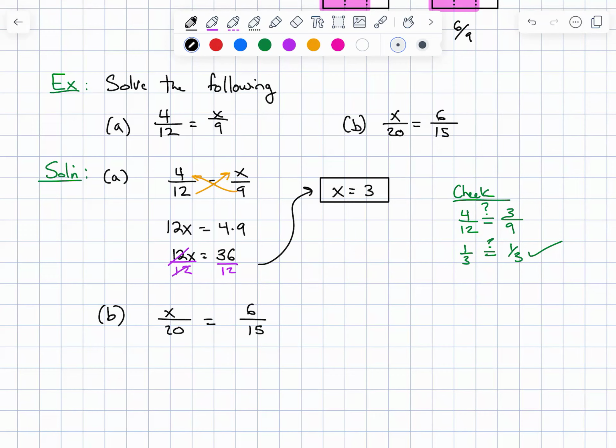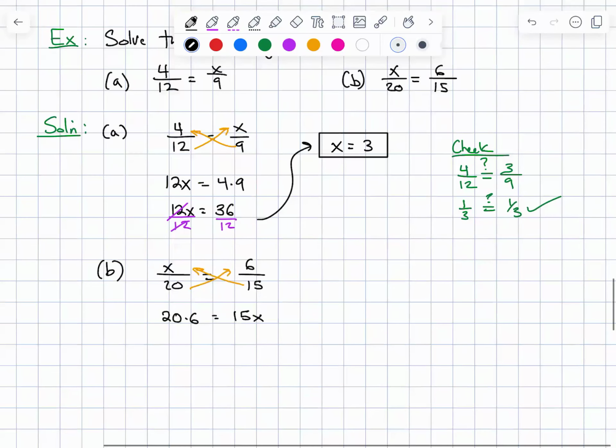There's a common factor of 3 that can be canceled out, but it's not necessary. And if you want to skip some arithmetic, by the way, please be my guest. If you feel comfortable skipping arithmetic,